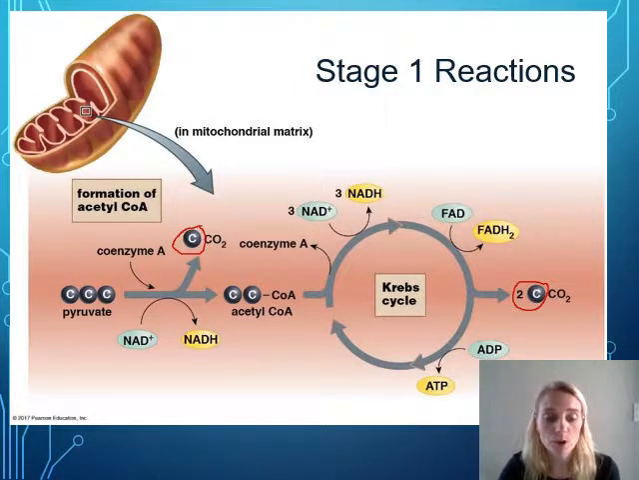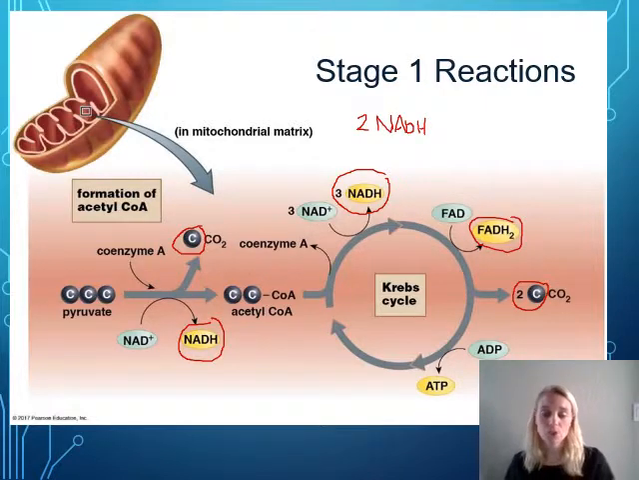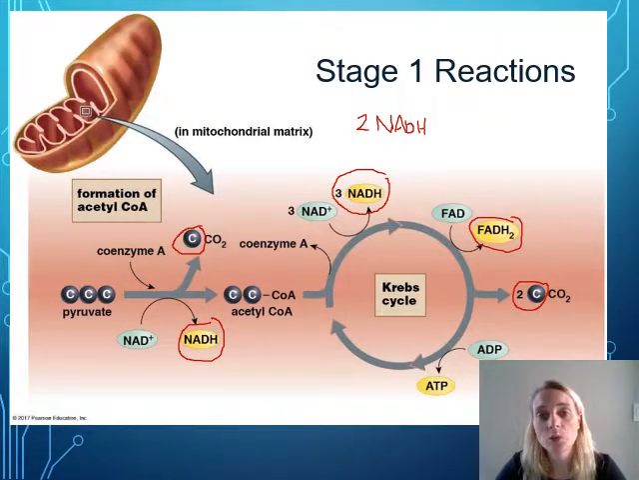Well, if you remember, we have 1 NADH made here. We have 3 NADHs here. We had 2 from glycolysis. Oh, that's not looking good, right? And we have an FADH2. So if we double everything that's on the bottom, so that's 1, 2, 3, 4, 5, 6, 7, 8, 9, 10 NADHs and 2 FADH2s by the time we're done with all of glycolysis and these stage 1 reactions,